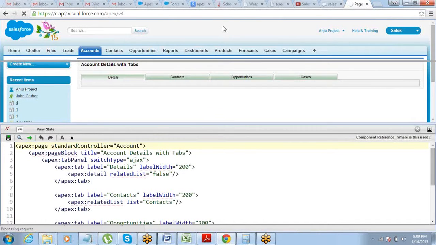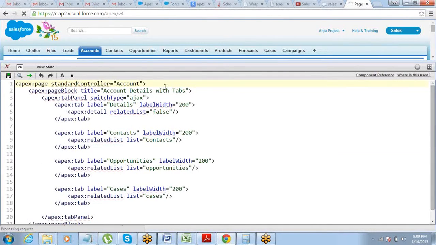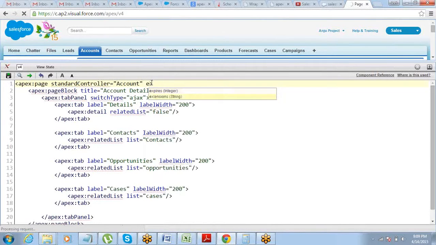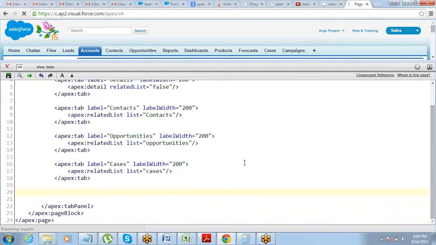Okay, so now first of all, I need to call the extensions. That's there. Next, I need a tab here, and on that tab I will call the campaigns.